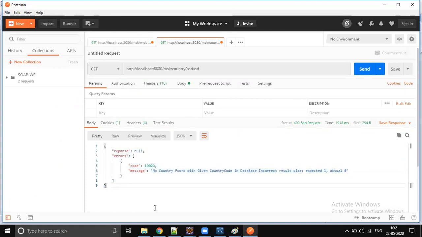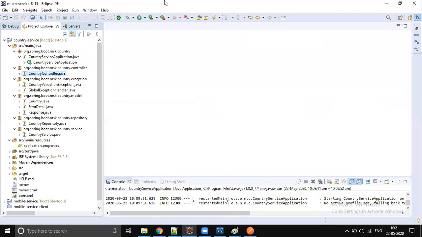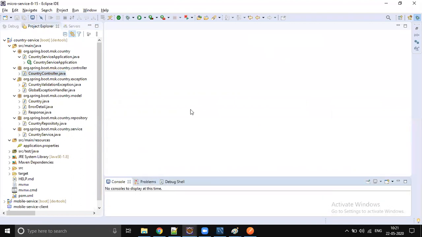If any error, that has to be handled in the exception handling, and that has to be written in a proper way. Any issues, any challenges, let me know. I will write that code and show you. Any challenge, if you're not able to do this, let me know. I will write that code for you, but you first try from your end. If things are not working, then come to me.